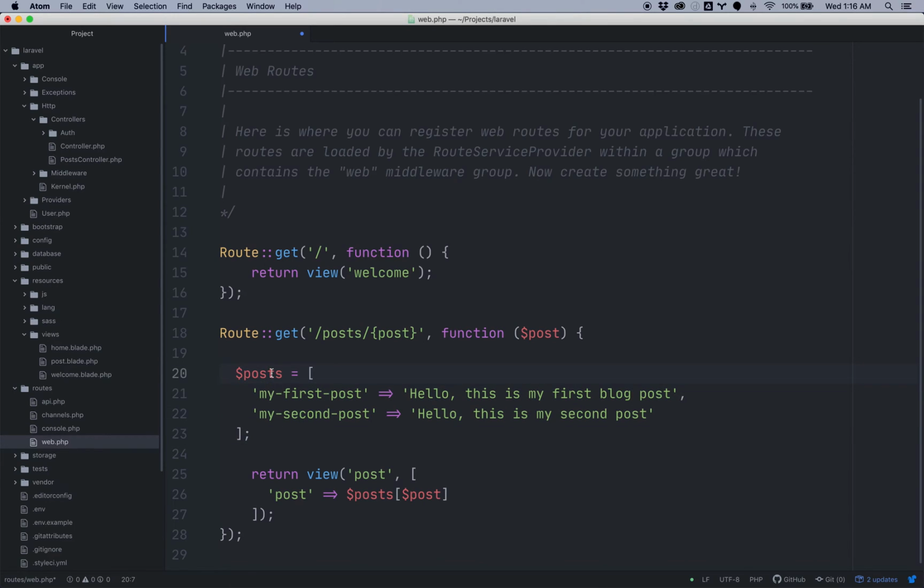So don't get too confused. This is posts, this is post, so this is containing the URI segment that someone may have typed in after the posts URI segment in the URL. But posts, the variable, is an array, and it's an associative array. So it's associating this key with this value, and this key right here with this value. Cool. And then what it's doing is it's returning